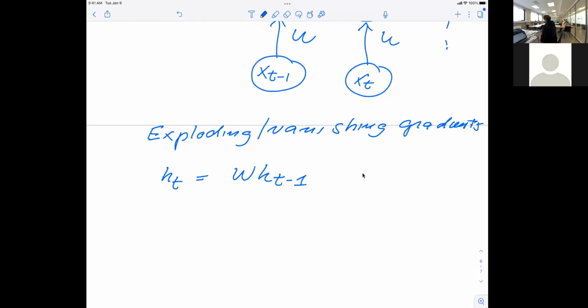Normally what you would have had would be something like an activation function, where you have this function z of t, and where this z of t would be given by W h of t minus 1 plus the bias b. And in this case, we also have this U times x of t in order to complicate life. But let's now assume that the weight function for this activation function just produces the output by the multiplication of a matrix with the previous output from the previous time step. This is just a simplification, just to illustrate how we can analyze the problem.